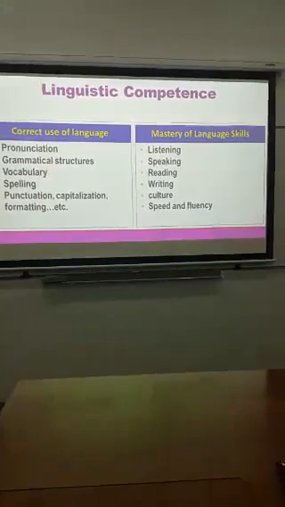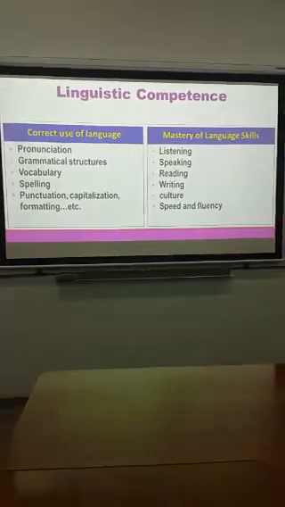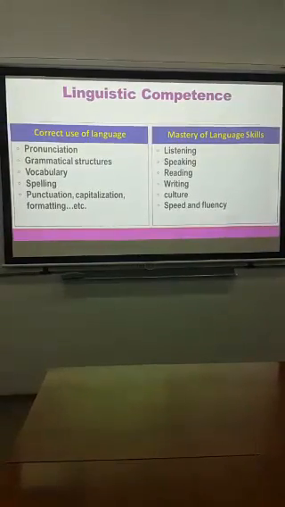Now, linguistic competence, linguistic is an adjective from language, and by linguistic competence we mean the teacher should be able to use the foreign language she is going to teach correctly. What does this mean? She should be able to pronounce words correctly and also use grammar correctly,